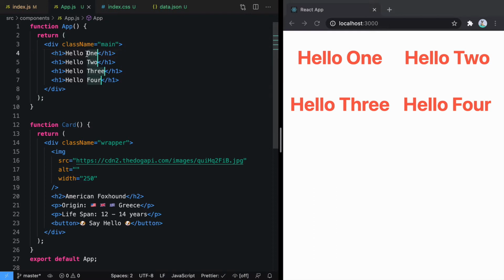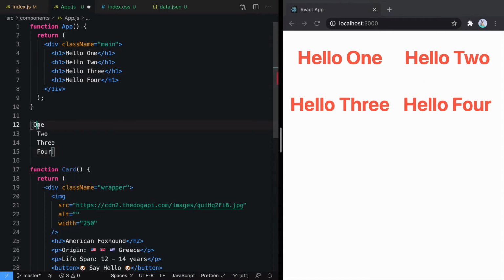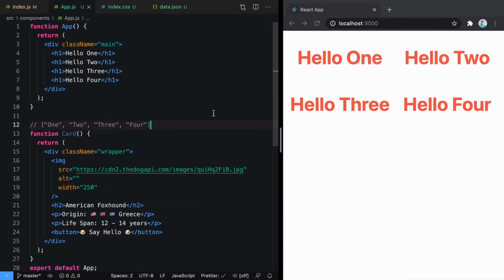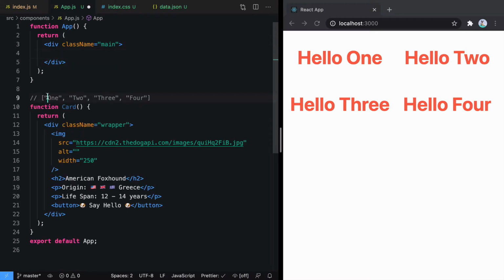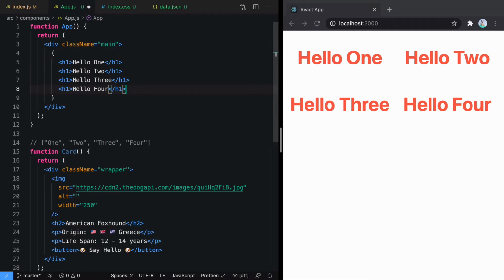What if I just take out this data and put it into something like an array here? I'll go ahead and comment it so our app doesn't break. So we have this data now, and using this data we can create something like this. But to do that, what do we need? We need to write JavaScript because we can loop over this data, and for each data we need to create an H1 element. And how do you write JavaScript in JSX? Inside curly brackets. So you want to write something like this.